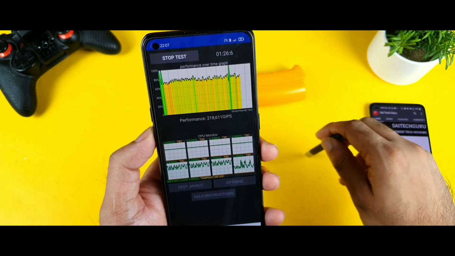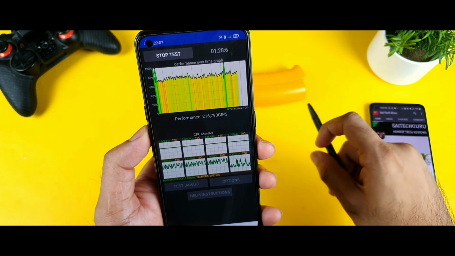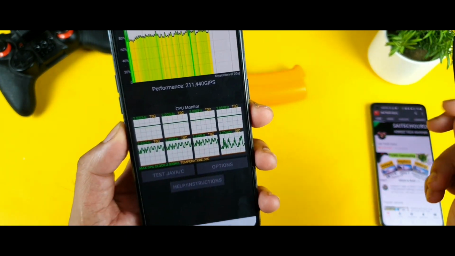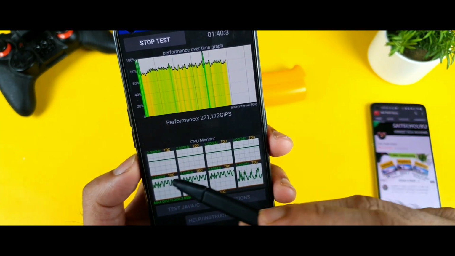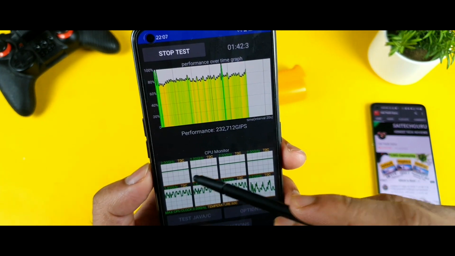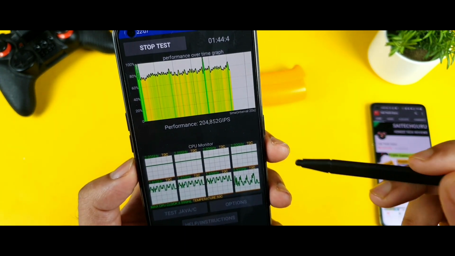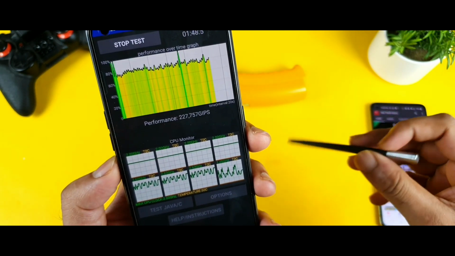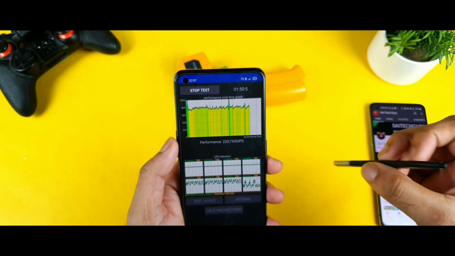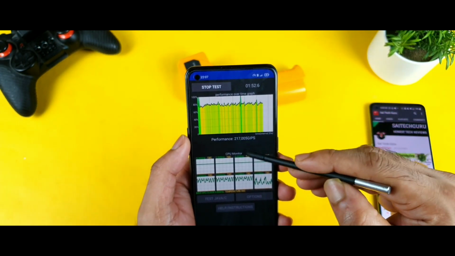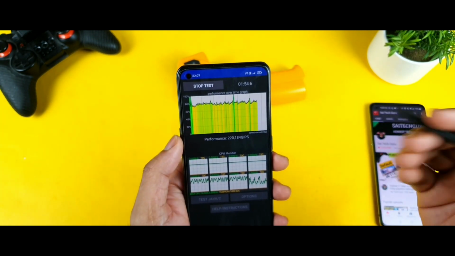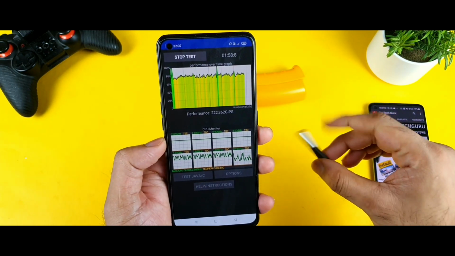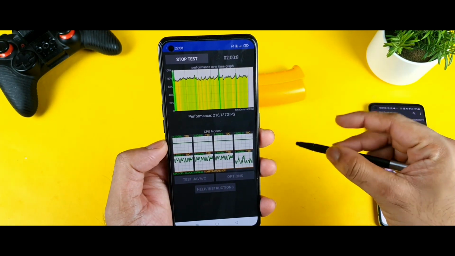So let's see what is happening with this kind of graph. I'm not sure exactly. The top 4 cores are maintaining exactly the same straight line, and these are changing between 2.6 gigahertz and 2.6 gigahertz. That's what I thought of just mentioning. But right now the score is not that impressive, because we did get close to 3 lakhs even without using any kind of modes. So let's see what will happen with this kind of settings.